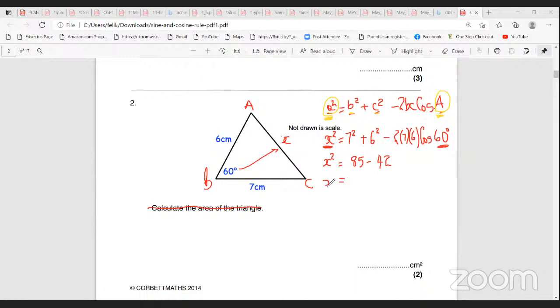All right, so x squared equals 43. What's the value of x? How do I find the value of x now? Square root. So I square root both sides. So x equals